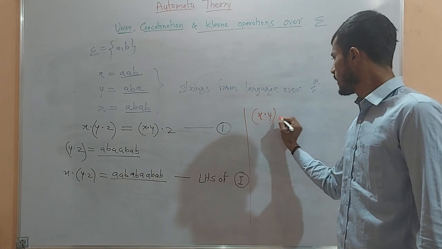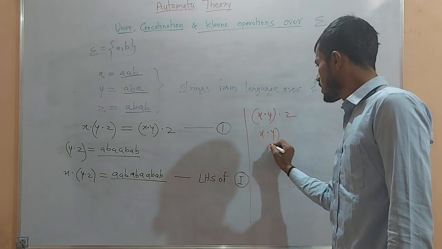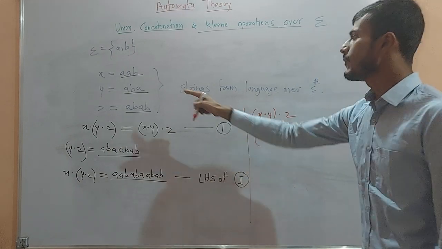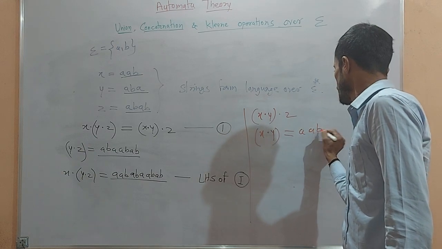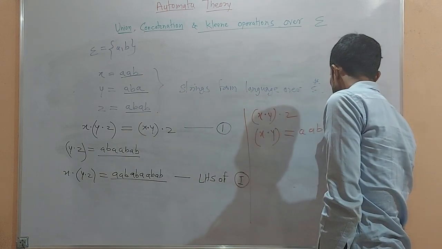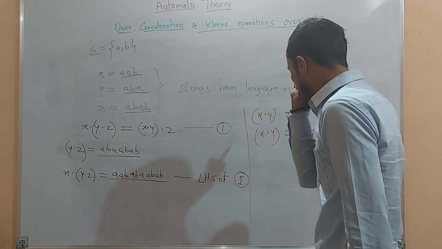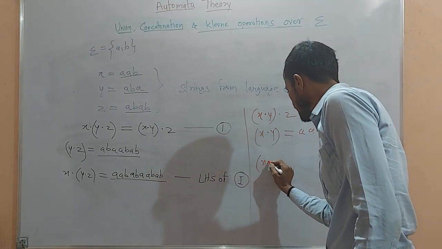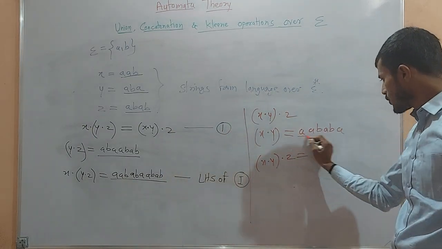concatenate y concatenate z. So what is x concatenate y? So x concatenate y will be, you can see here, ABABA. Okay, fine. And then I have to take here x concatenate y with z. The result will be, I have to use this